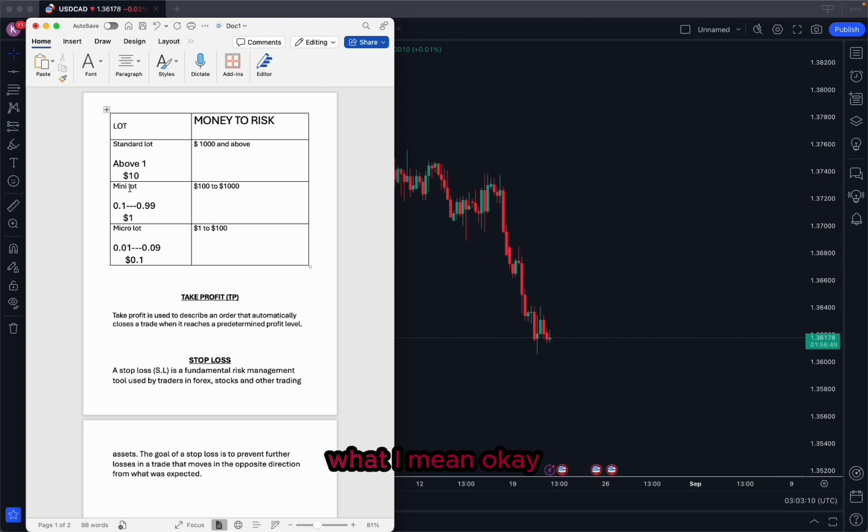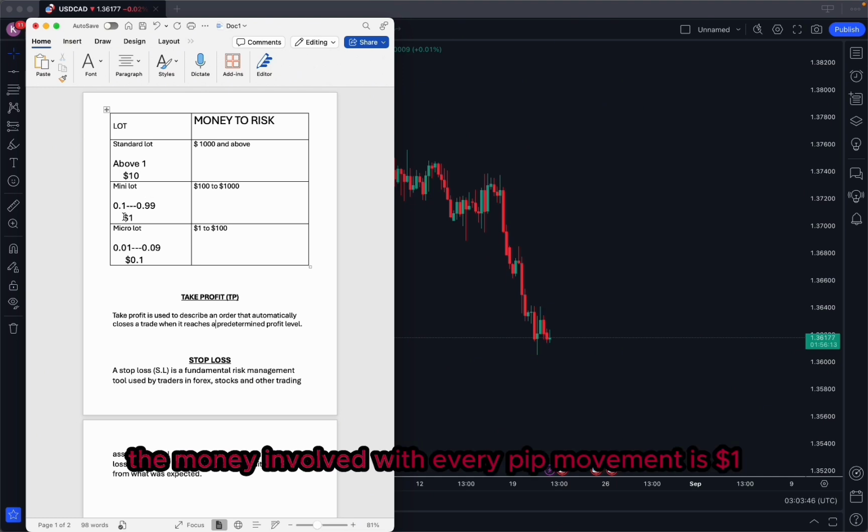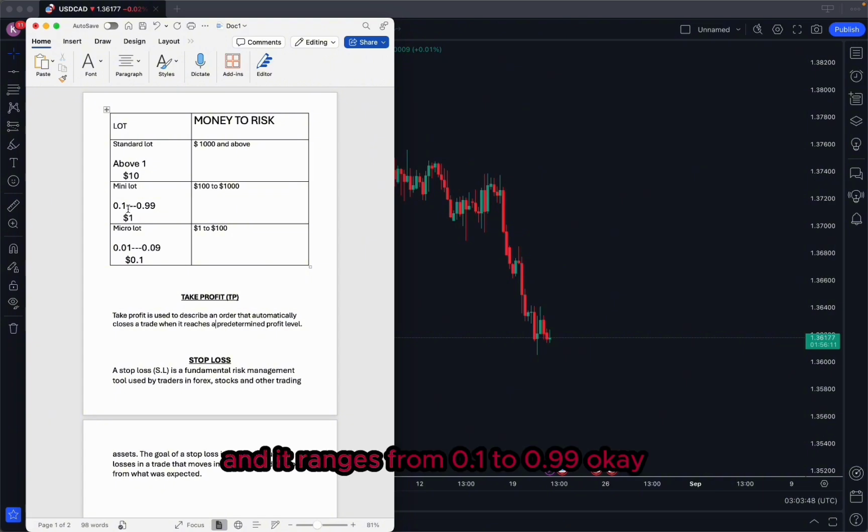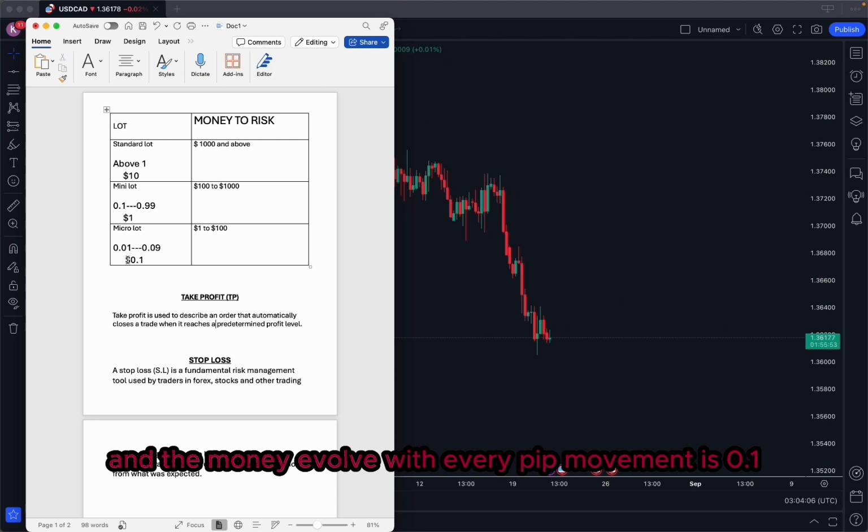So that you understand what I mean. The mini lot also ranges from 0.1 to 0.99. So this 0.1 is our 1 mini lot, and this 0.99 is our 9 mini lots. The money involved with every pip movement is $1. The micro lot also ranges from 0.01 to 0.09. So this 0.01 is our 1 micro lot, and this 0.09 is our 9 micro lots, and the money involved with every pip movement is